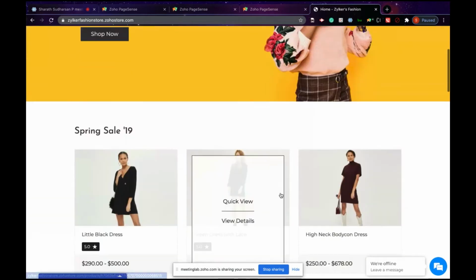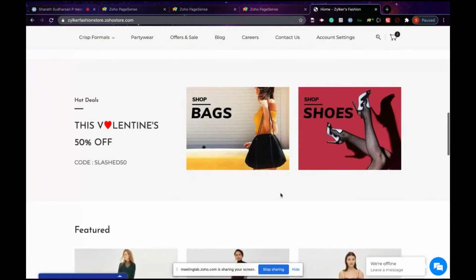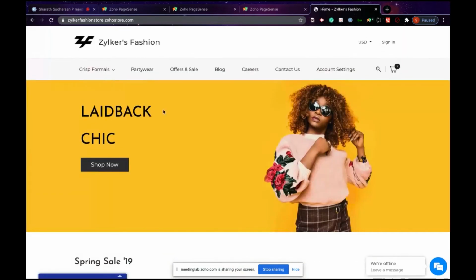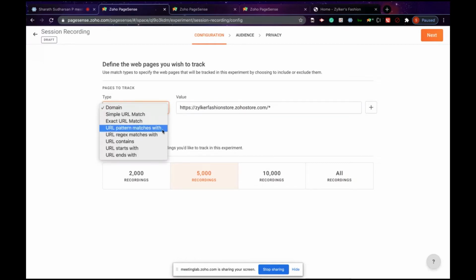And also once you have scrolled down, you can see the products that we offer on this site. For example, if you want to target multiple pages for this particular website, you can just copy this URL and place it in the value tab. Next to this URL, you just have to give an asterisk when you choose the URL pattern matches with, and it will track more than one page in your website.